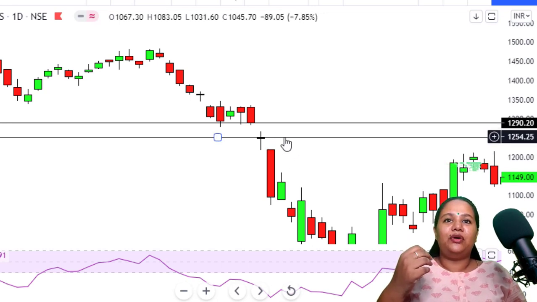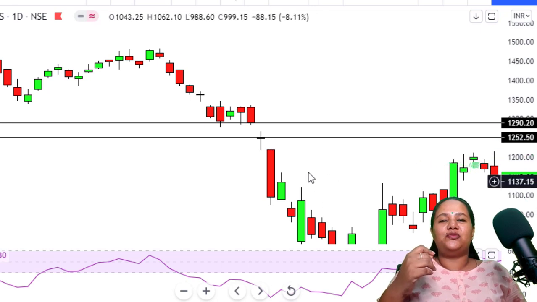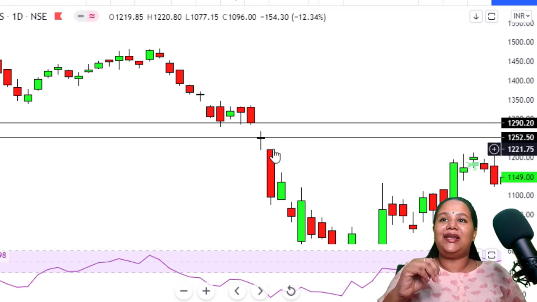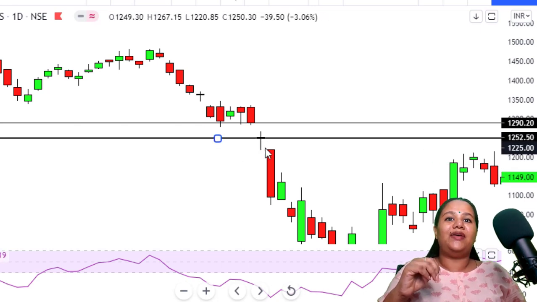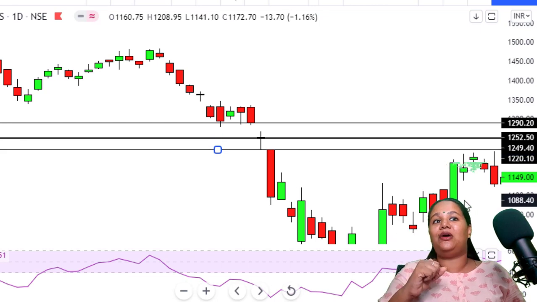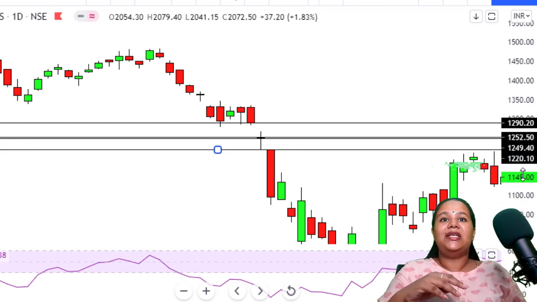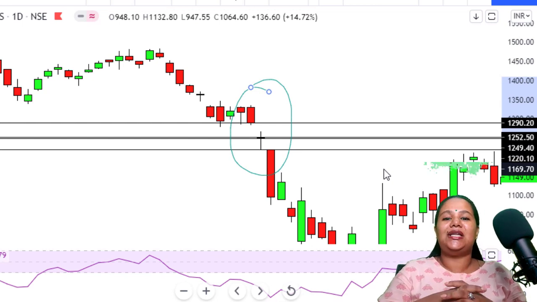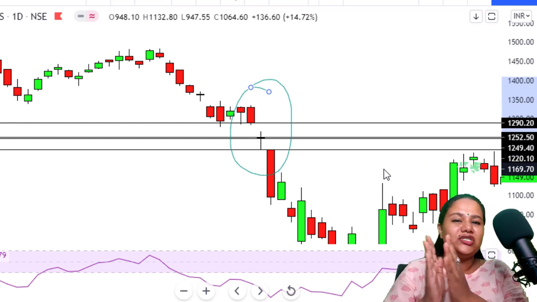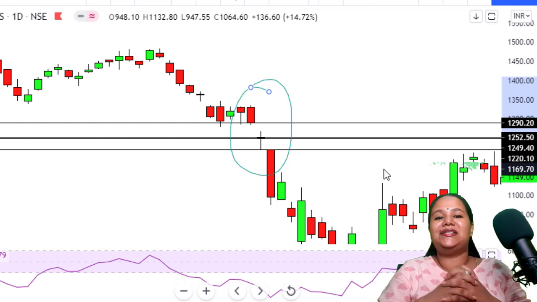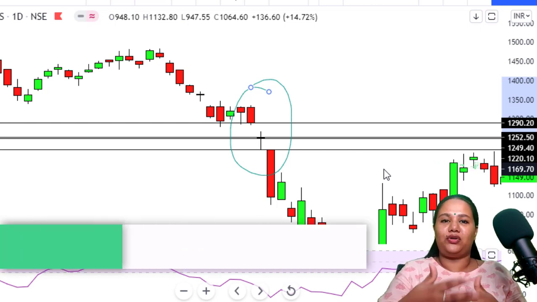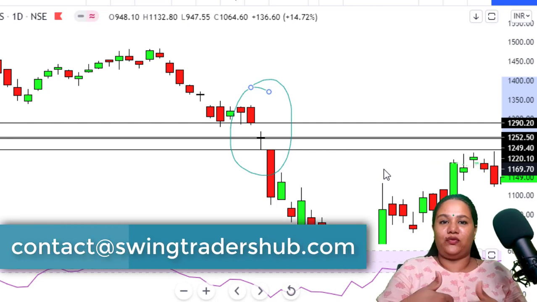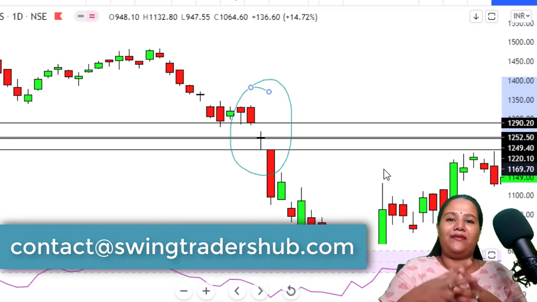Now it closes as a doji, which means there's confusion in the market, and on the very next day it closes once again over here at 1249, but on the very next day it opens and there's again a gap down opening of about 30 points. This scenario, friends, where there is continuous selling interest or continuous buying interest, is called a runaway gap. This type of situation usually carries a panic in the market, wherein if you are on the wrong side of the trade, you want to exit the stock. If you want to buy, you try to enter and you have no entry point.